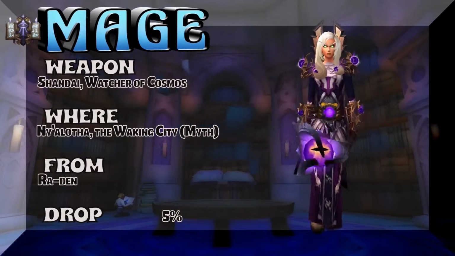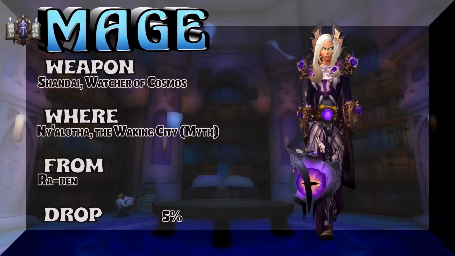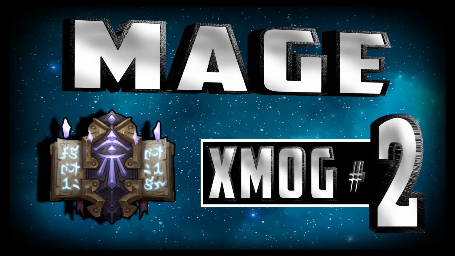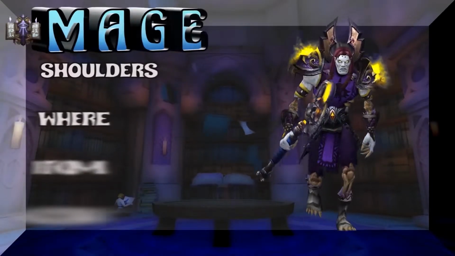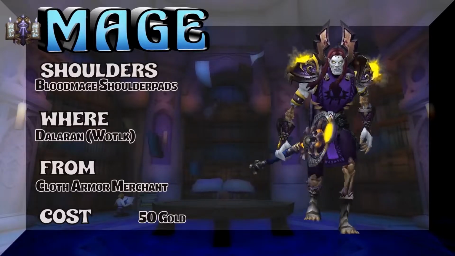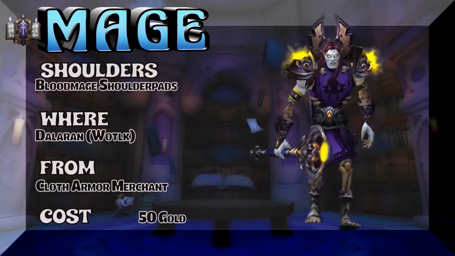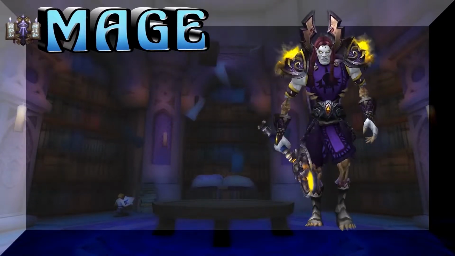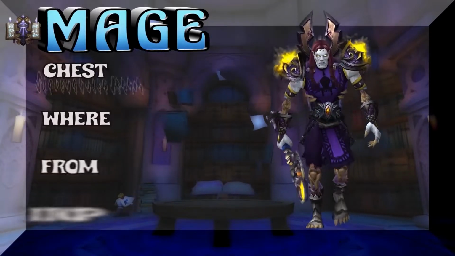Radon is the boss. Decent drop rate for the staff. Sticking with the arcane theme, maybe a little bit of frost. I guess definitely not fire here. Blood Mage shoulder pads, cloth armoring merchant. You could buy it in Dalaran, the Wrath of the Lich King version, although you really can't see it behind